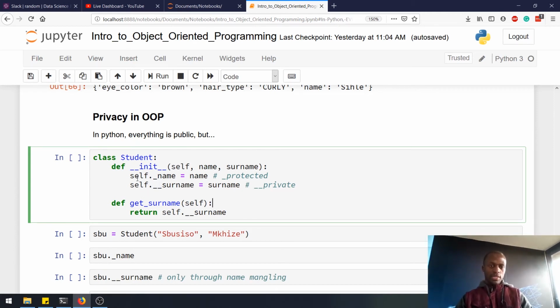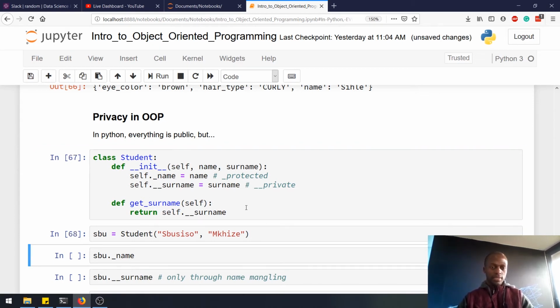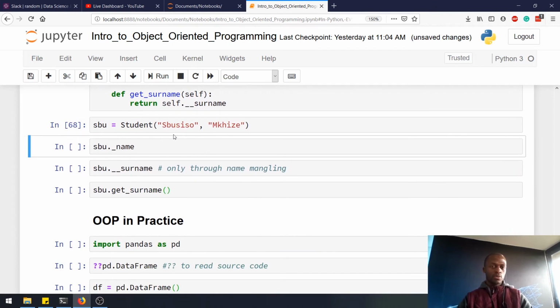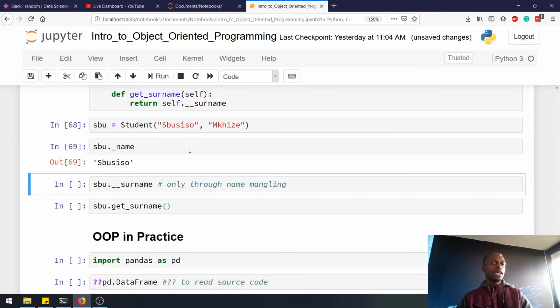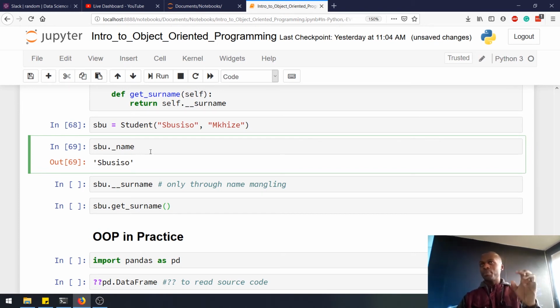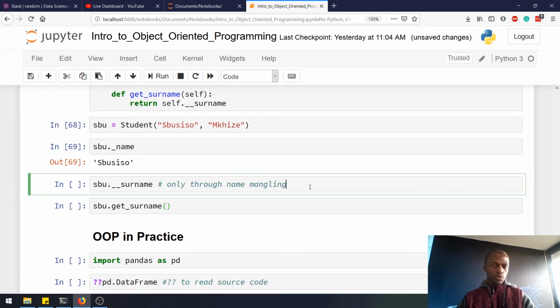So here we're creating a student, there's a name and a surname. And there's an instance method for getting the surname, and you'll see in just a second. We create a student, Swoo is his name, Kiz is his surname. So we can get the name directly. But it is advised not to do that if there's a method that was created specifically for getting these attributes. But if you try and go swoo.surname,